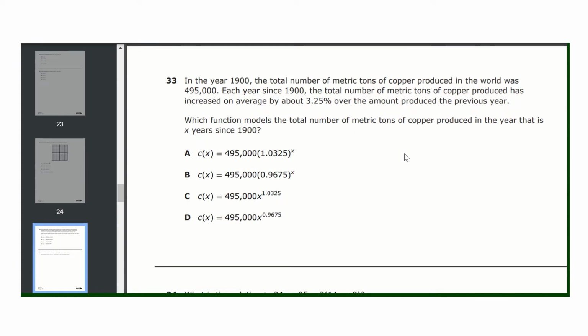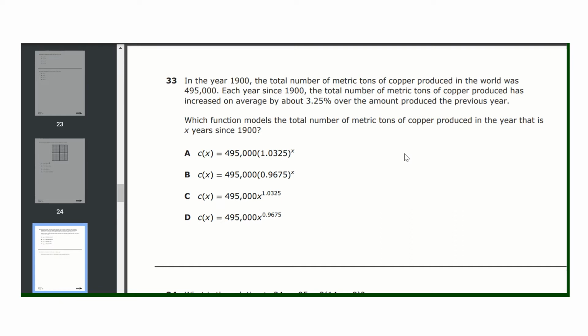Number 33. In the year 1900, the total number of metric tons of copper produced in the world was 495,000. Each year since 1900, the total number of metric tons of copper produced has increased on average by 3.25% over the amount produced the previous year. Which function models the total number of metric tons of copper produced in the year that is X years since